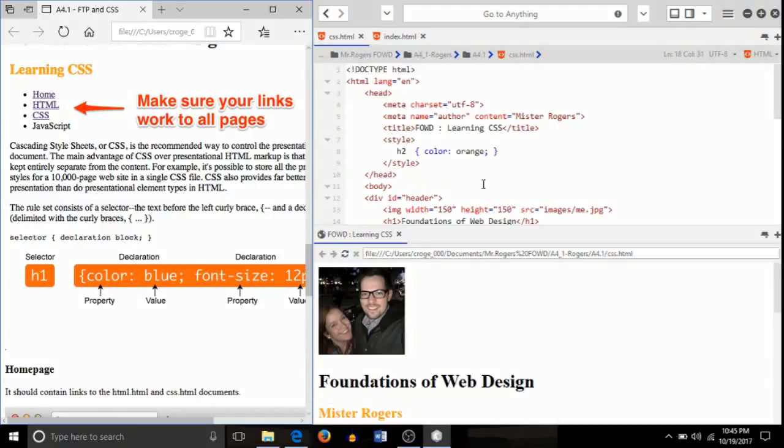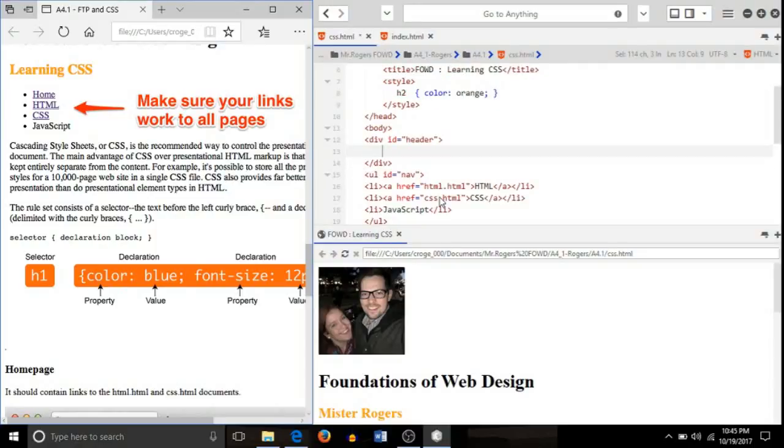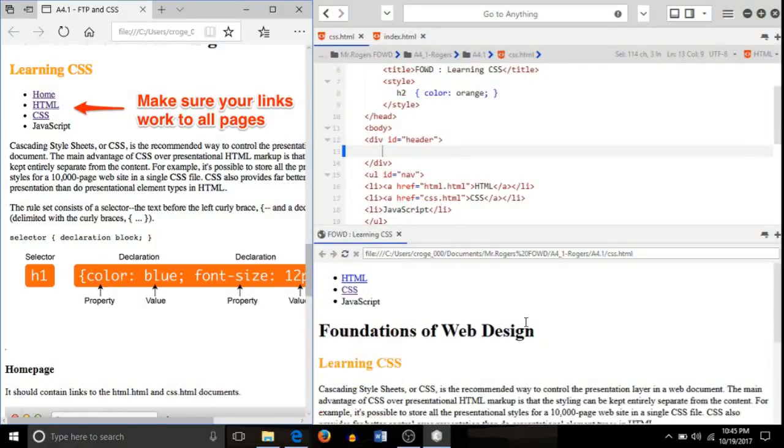So up here at the top, towards the top of your document, basically just get rid of this right here. So the div ID and header, get rid of these right here. So make sure it matches. So I'm in the css.html file looking at it right now. Let's delete that, save it,